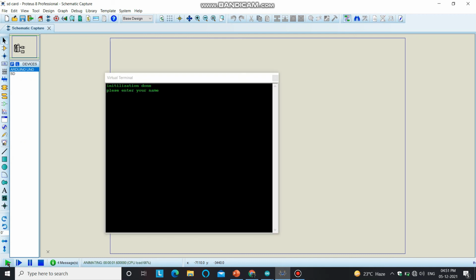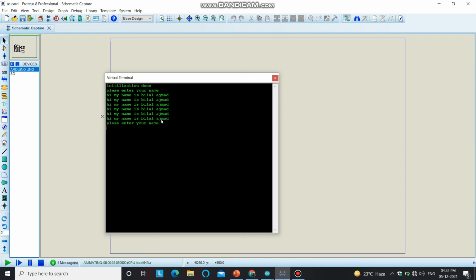The user must enter his name or a single line of sentence. Then this line must be copied into 5 different lines inside your SD card file, that is the demo.txt file, and then the 5 lines of your SD card must get printed on the serial monitor. So let me type here, hi, my name is Bilal Ahmed, and hit the enter button. Here you can see that this line is copied into 5 different lines, 1 2 3 4 and 5. So in this way you can create files inside your SD card, and read and fetch the data from the file.